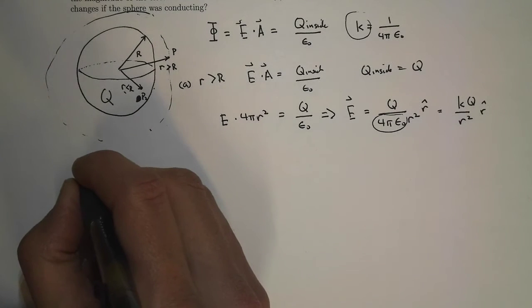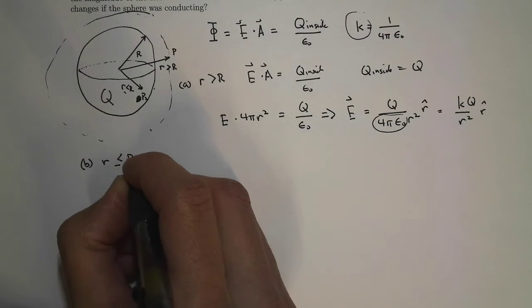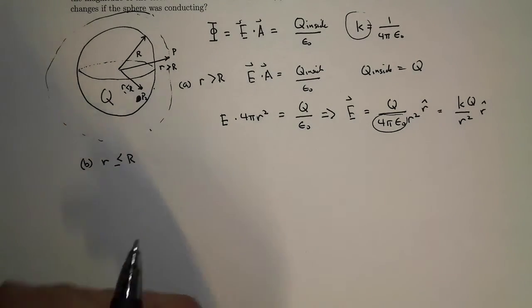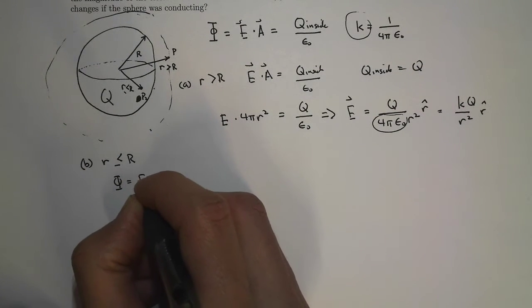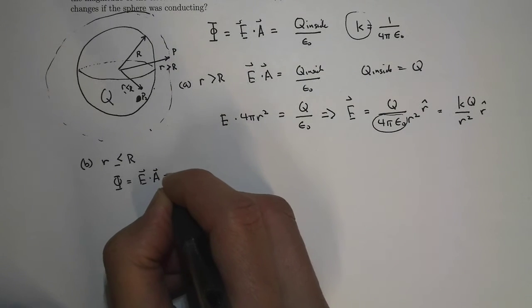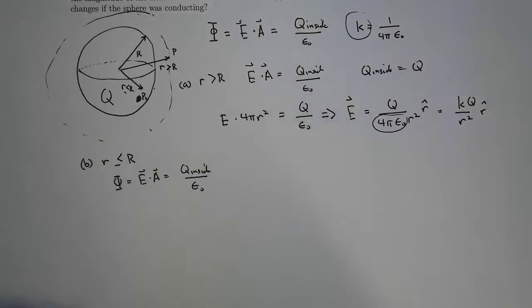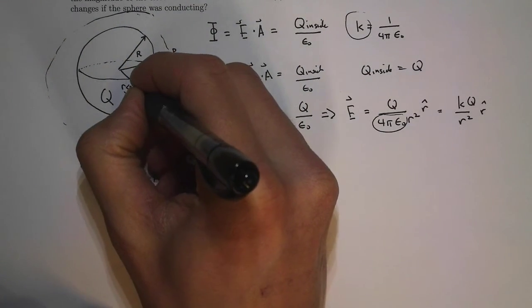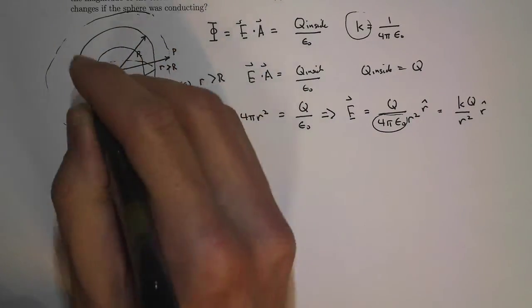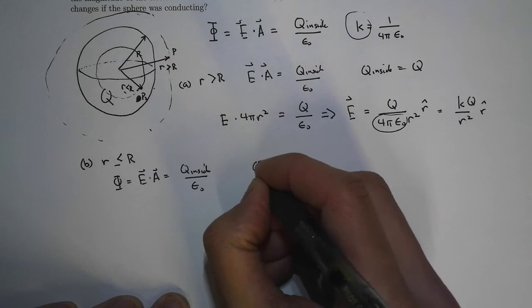Now let's try part B. For B, r is less than or equal to capital R. For this example, you can use the same thing again. The flux is equal to E dot A, which is equal to Q inside over epsilon naught. Now, in this case, Q inside is not Q. So let's draw a little sphere in here. It's only part of it. It's not the entire charge. So in fact, Q inside